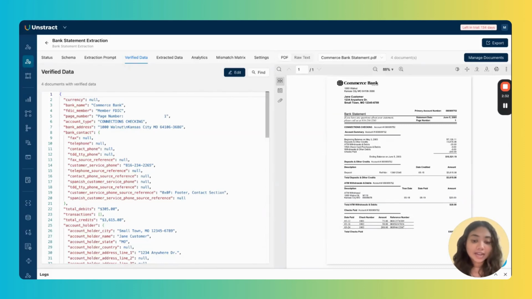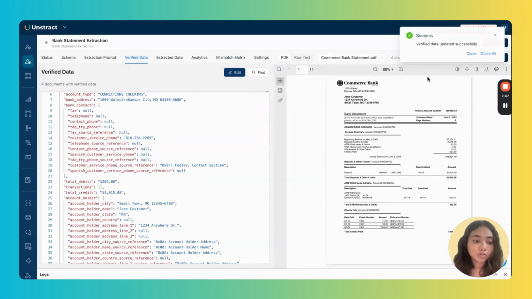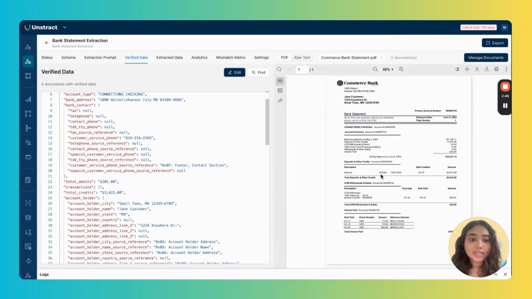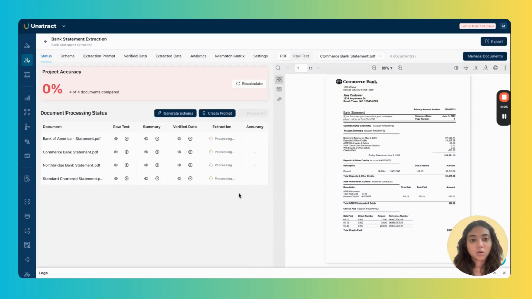that is done in this project will automatically be compared against this verified data. Now, let's say that I found a certain extraction that is actually inaccurate from what is given in the document. I'm just going to click on edit and I can alter the value right here. Now, this is not a value that I actually spotted a mismatch with, but I'm just showing this to give you an idea of how this is done. So once I create the verified data set for all my documents, I can go ahead and run the extraction. So let me extract the data from all the uploaded bank statements.